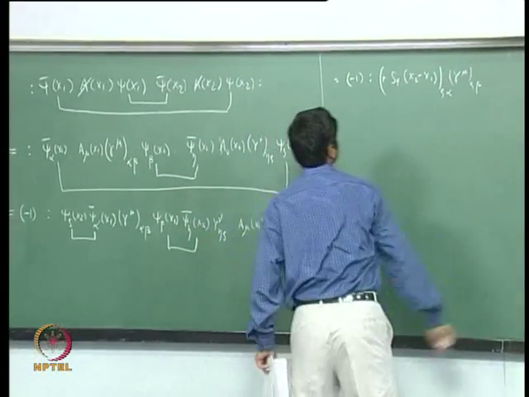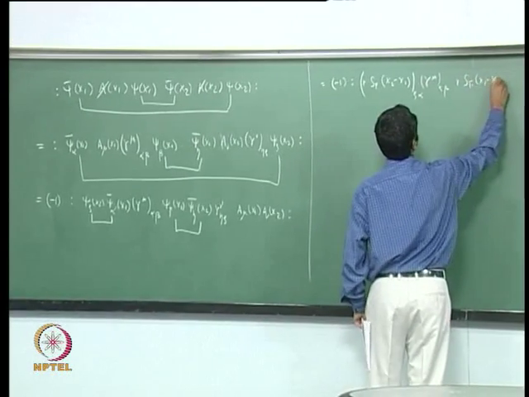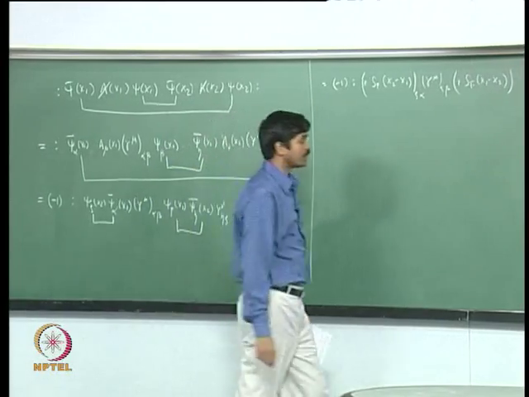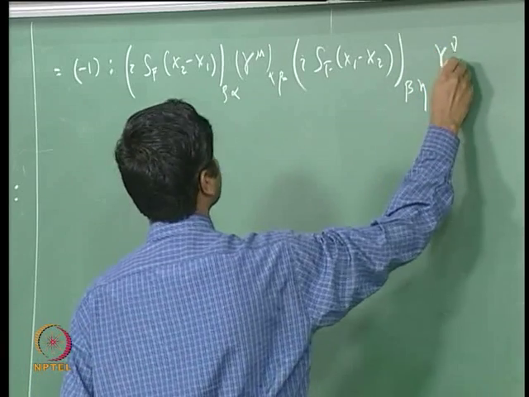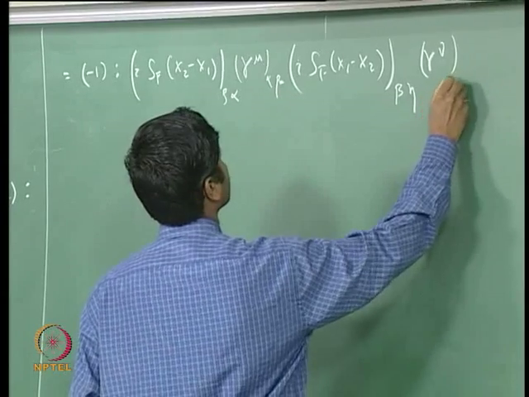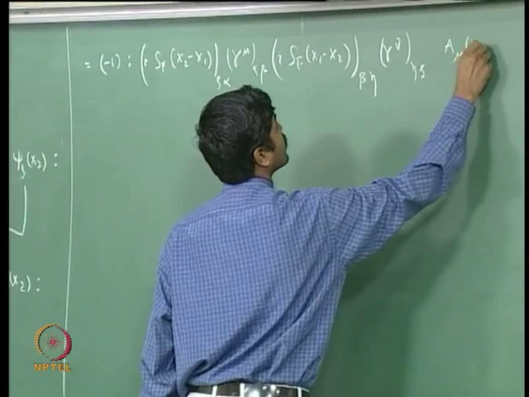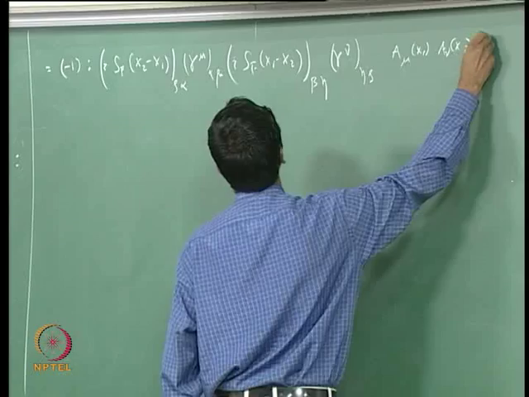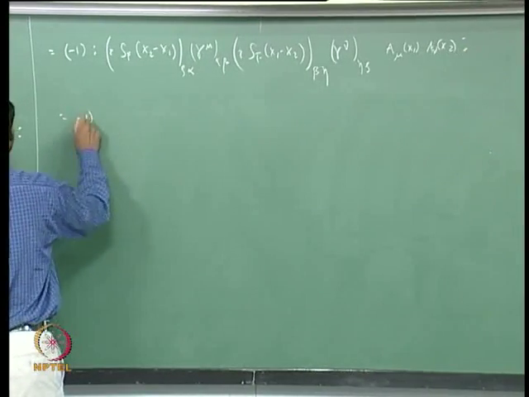This contraction will give me iS_F(x1 minus x2), the β-th component of that, and you have γ^ν of η_ρ, then A_μ(x1) A_ν(x2) normal order product. Or this is nothing but minus 1